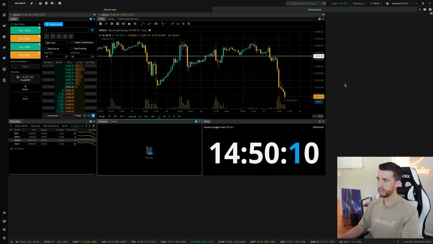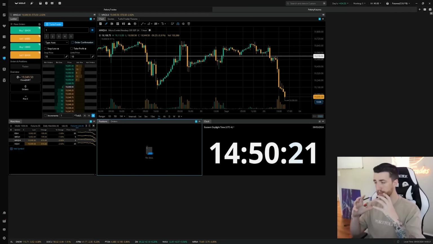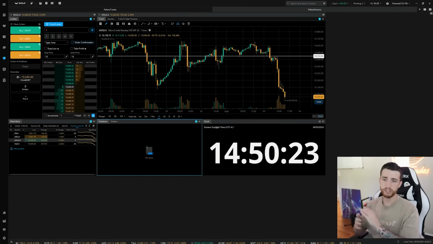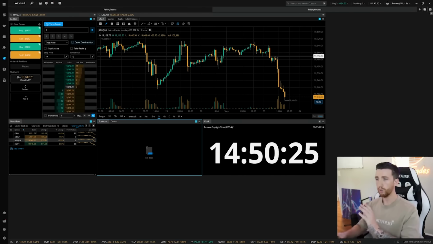So first things first here, this is my setup. I know there's a lot of blank space around here because right now I'm using my bigger monitor and I keep this on a smaller monitor. That's why there's a lot of space. So you guys can use the same exact layout, just obviously adjust it to your monitor size. What we have here, and what I encourage you to have on your Webull Futures desktop app to trade futures,